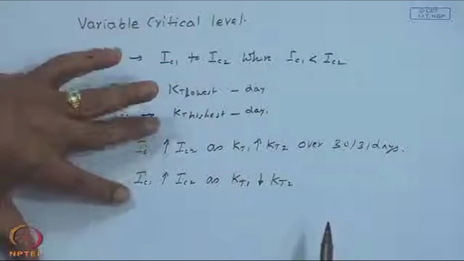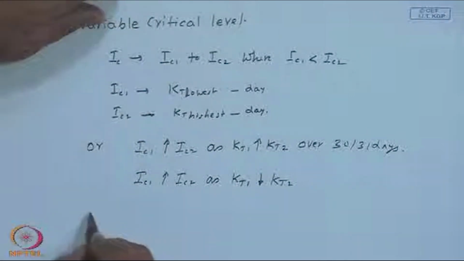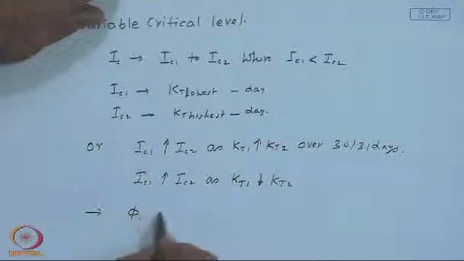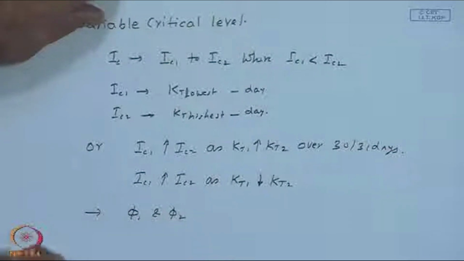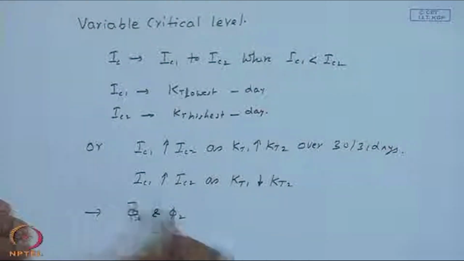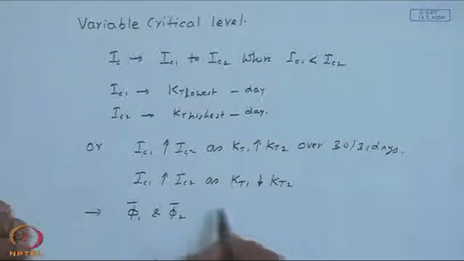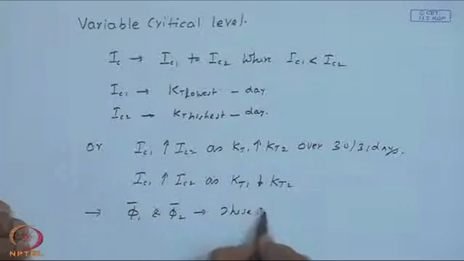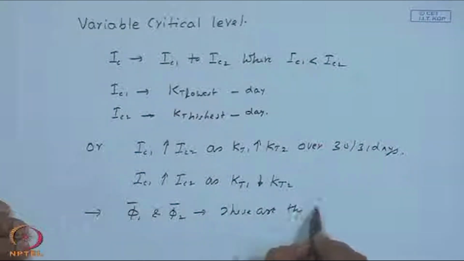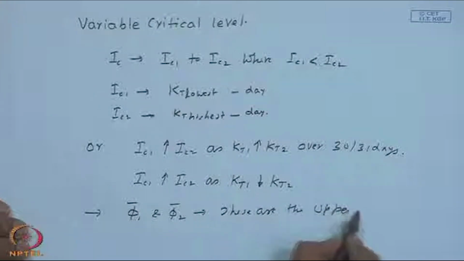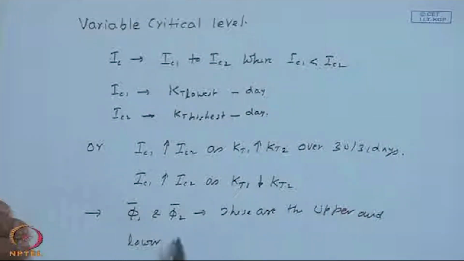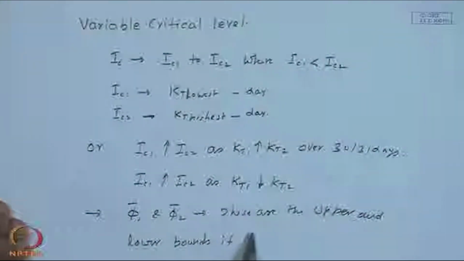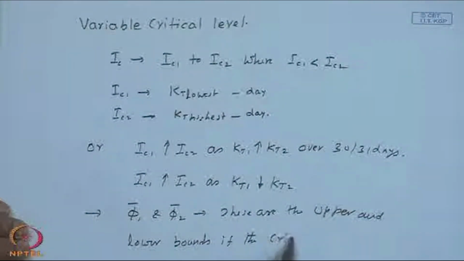So, if we can calculate, this will lead to some phi 1 and phi 2, or phi bar 1 and phi bar 2. So, these are upper and lower bounds if the critical level